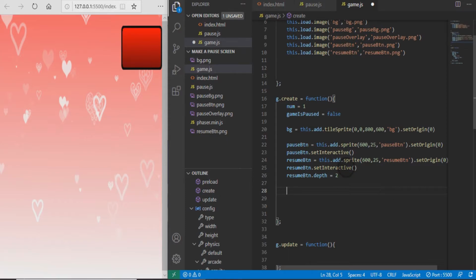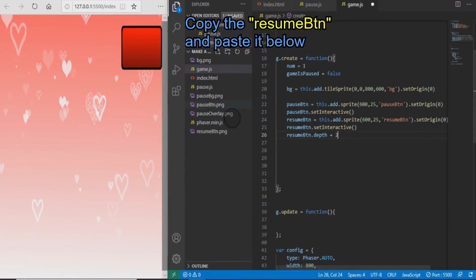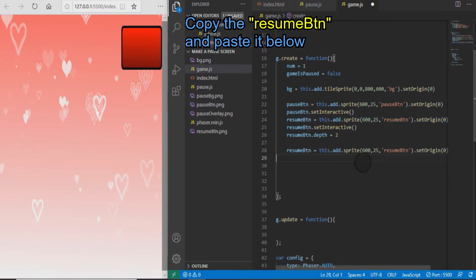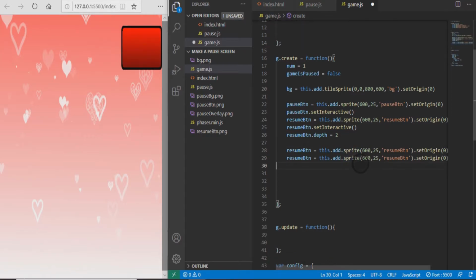This is similar to how CSS and JavaScript have the Z index, but it's Phaser.io's version. So let's type resume.depth equals and then the number 2. So instead of typing out pause BG, let's go ahead and copy the word where it says resume BG and paste it below. And then I'm going to need you guys to copy that one last time for the pause overlay. So for the first one that we copy, let's change it from resume btn to pause